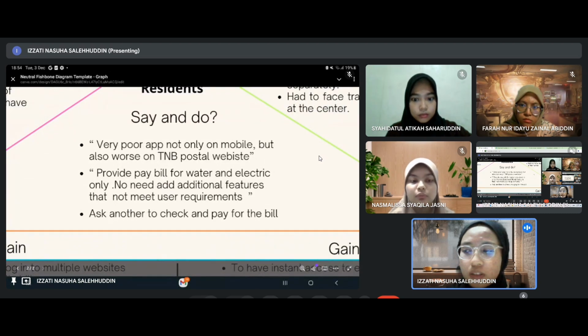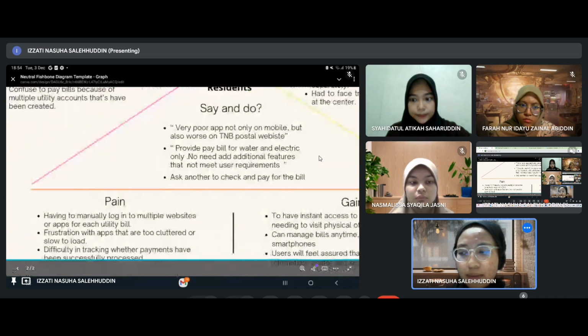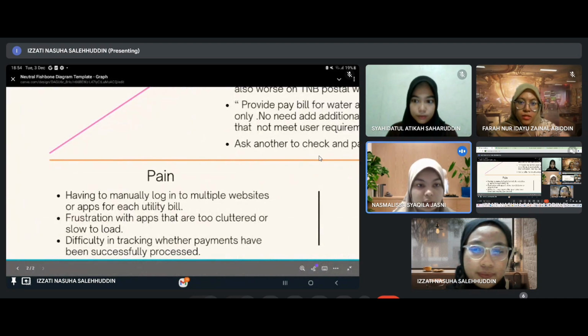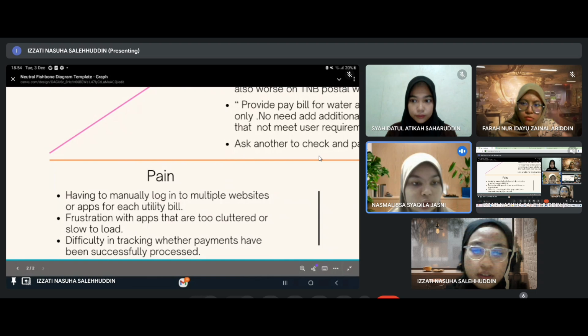So the next point is pay. In the paying section, they have to manually log in to multiple websites or apps for each utility bill. So it becomes so difficult for them to log in to multiple websites just to pay a utility bill. There is also frustration with apps that are too cluttered or slow to load.